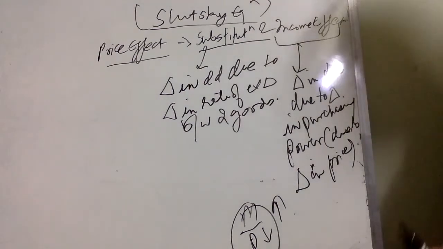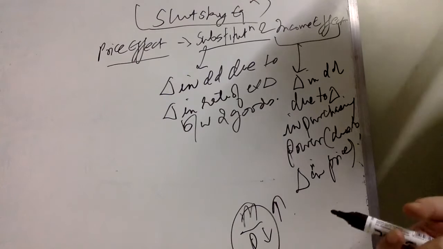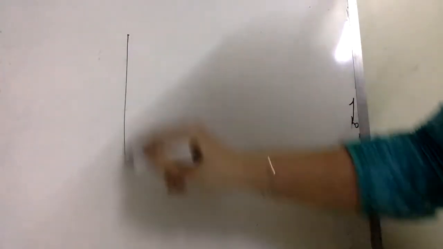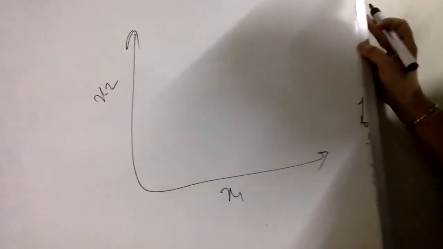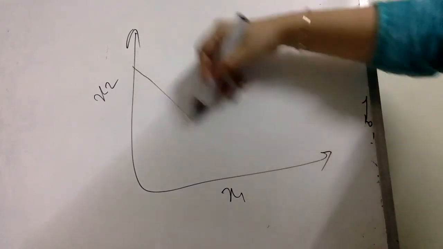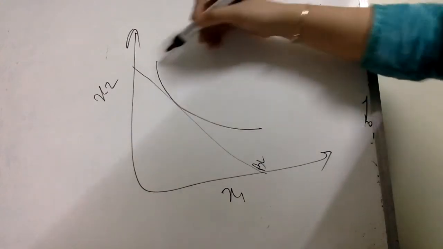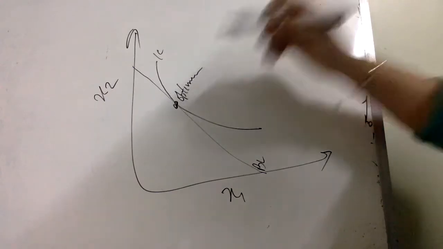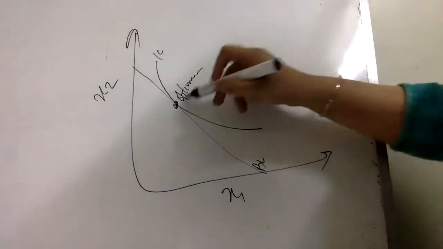Let's understand the same analysis graphically. We have understood so far what the substitution and the income effect are. Graphically, let's understand the same analysis. Let's plot the demand curve. This is the budget line, corresponding to which I plot an indifference curve here. Suppose this is my point of optimum, an interior optimum where we find tangency between the IC and the budget line. So initially this is my optimum point.